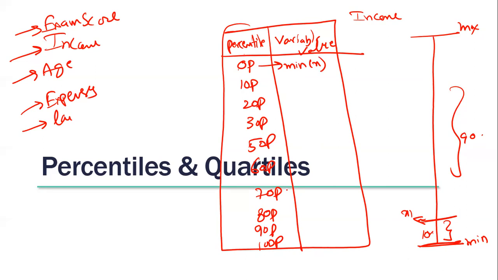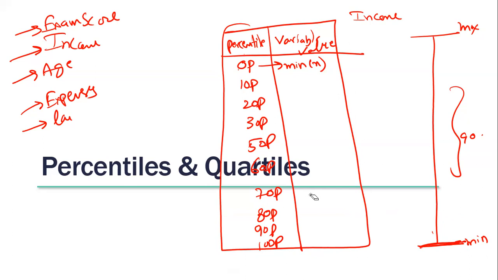Do you agree with that point? If you ask for 0 percentile, there is a particular point where below that point there is nothing, everything is above that. That means that is the minimum value. Agreed or not? Make sense? Think about it. You asked for 0 percentile. What is 0 percentile? That particular point in the data, below that point there is nothing. Above that point full data is there.